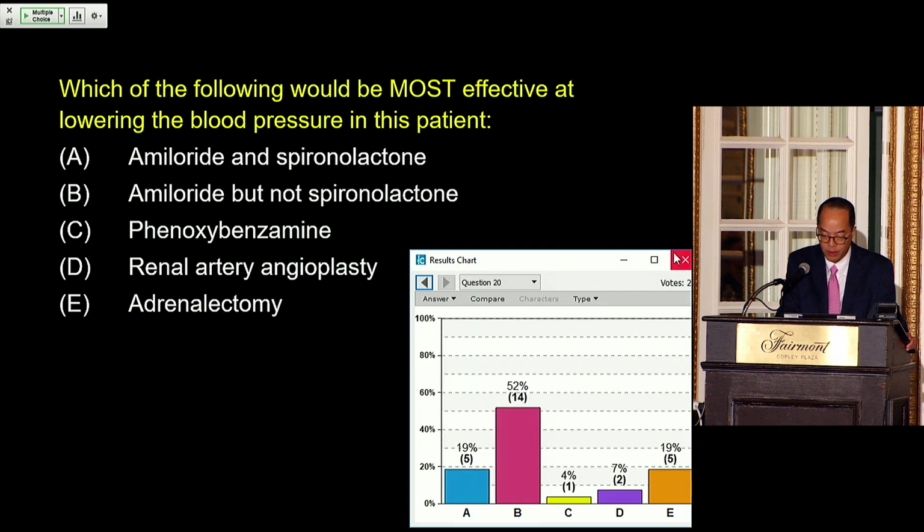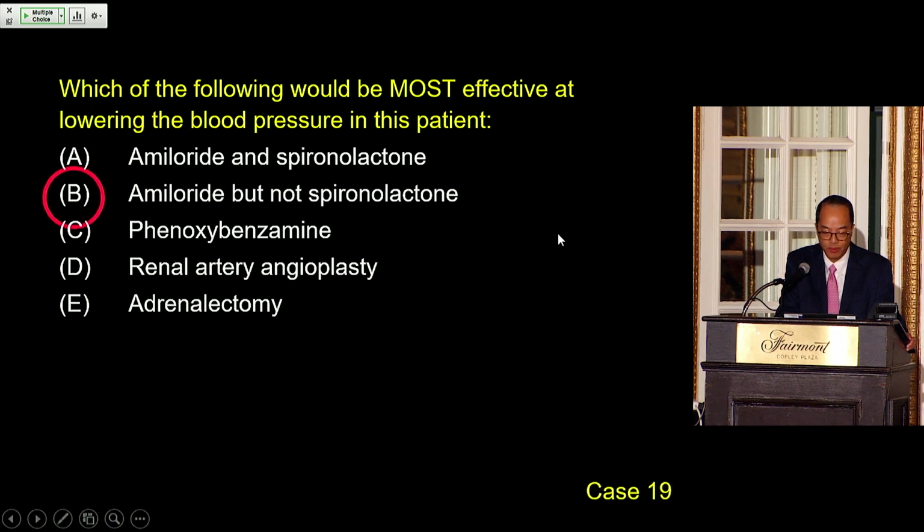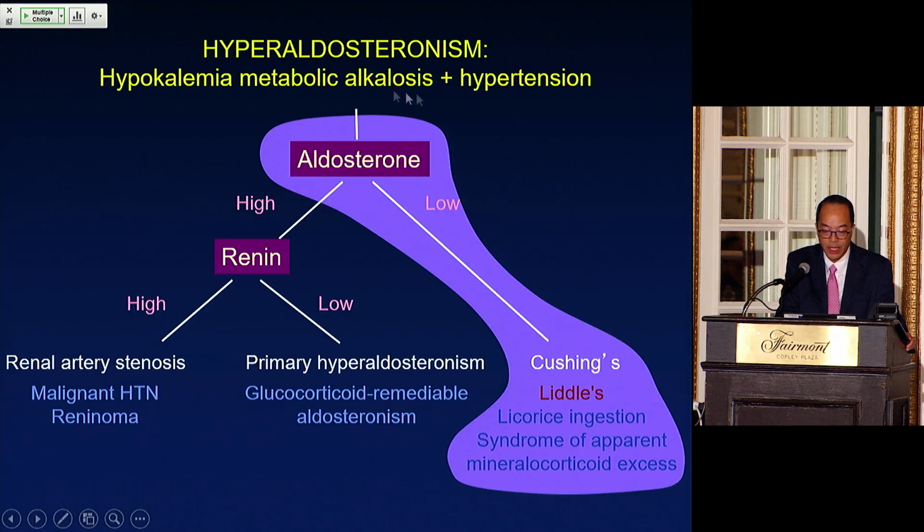Good. So most of you chose B, which is the correct answer, amiloride, but not spironolactone. So the idea here is this patient has suppressed renin and aldo, does not have Cushing's, and the cortisol to cortisone ratio in the urine is normal. So this is not syndrome of apparent mineralocorticoid excess or licorice ingestion. So most likely this patient has Liddle's, overactive